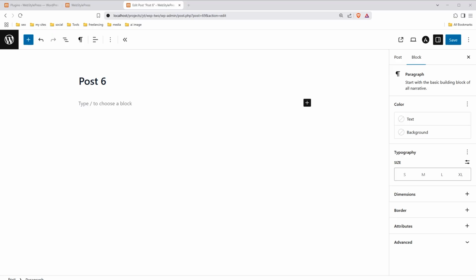But anyways, here is the question. What is group block in Gutenberg WordPress? In WordPress, the group block lets you combine multiple blocks into one container. This makes it easy to move and manage them as a single unit. It's especially useful when the related content needs to be kept together and you want to copy or reposition several